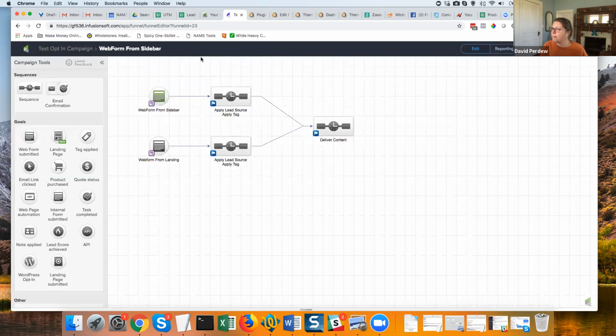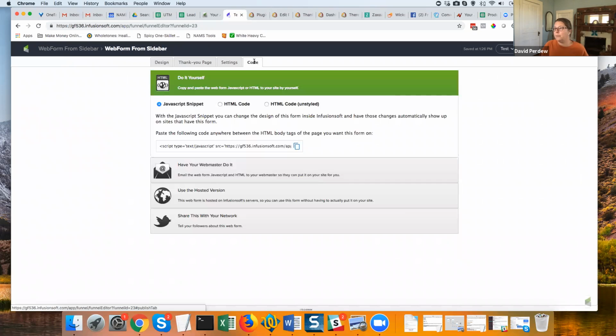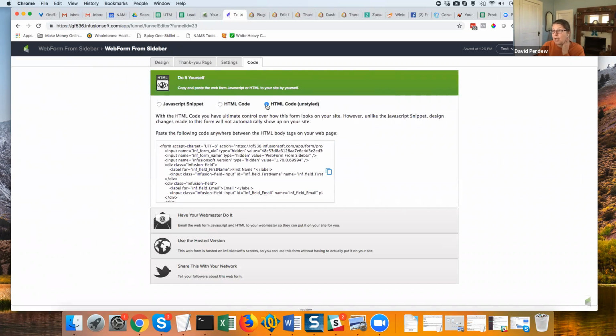And I'm going to open my web form back up and I'm going to hit code. So the way that I use this, I prefer using the HTML unstyled code. I've used JavaScript snippets a couple of times on some of my web forms directly on my site. They are